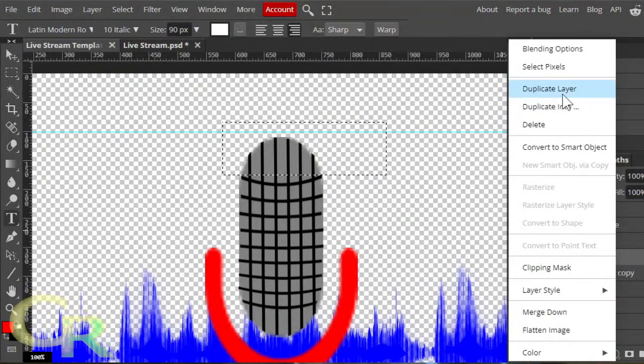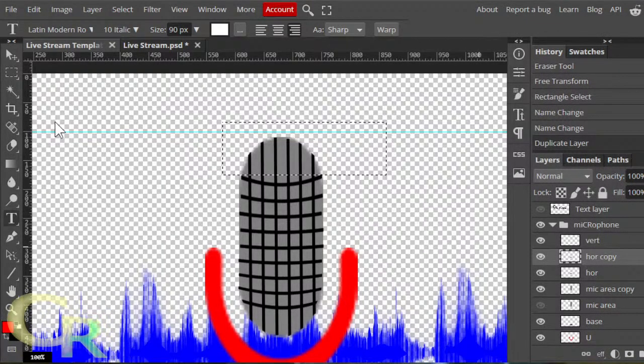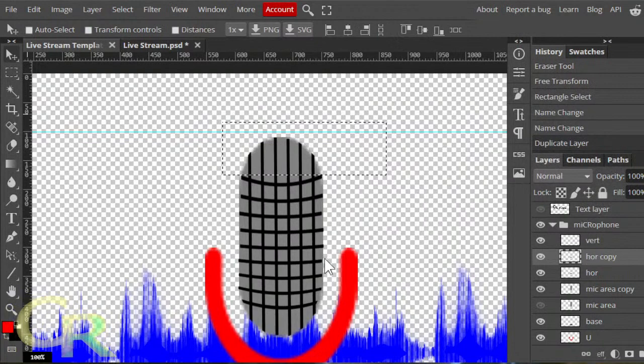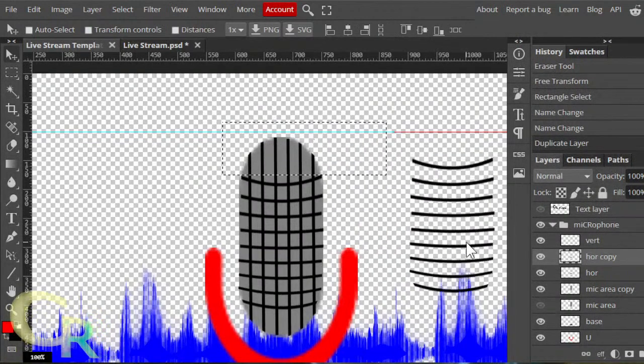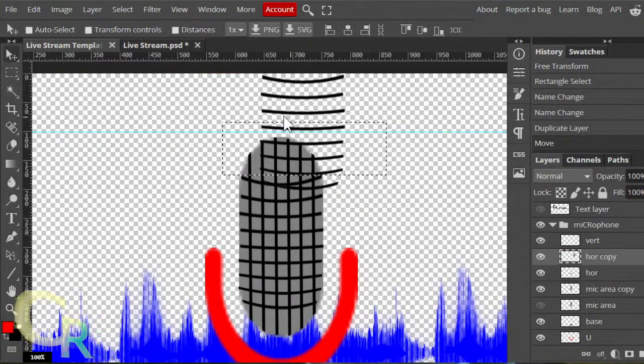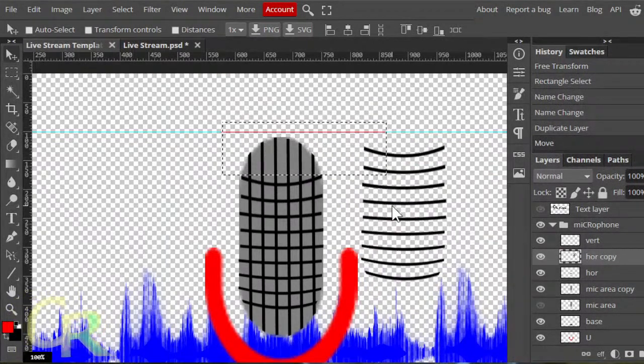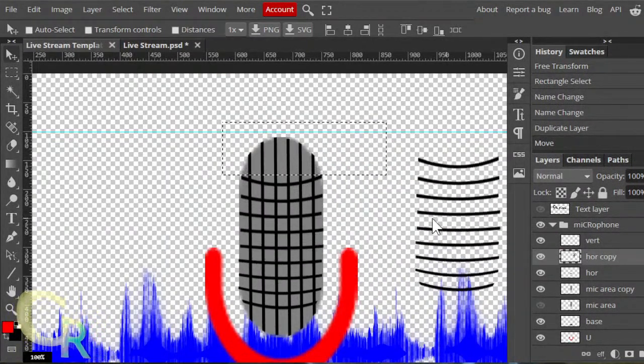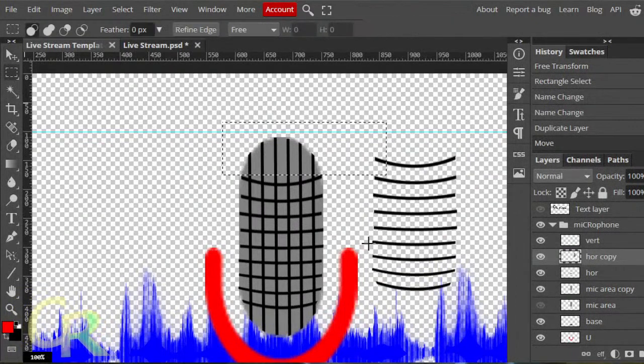Get that horizontal lines here. Okay. Should move that. I'll need all of them. Probably 3 should be good.